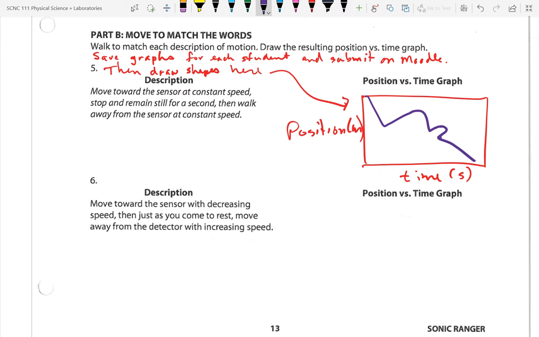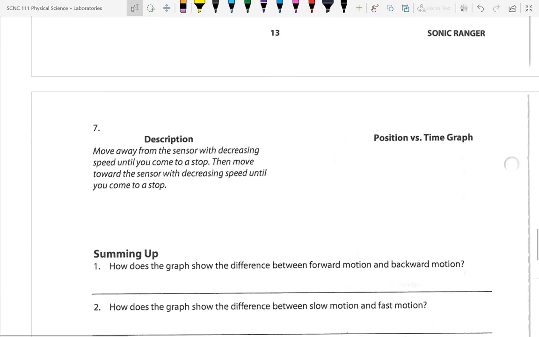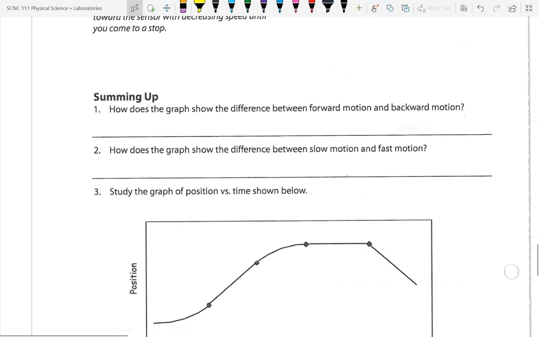When you're done, you're going to turn in the papers, and before you leave, also upload your pictures to Moodle, and then we'll combine them and grade them. So make sure that you do save the graphs, and I'll show you how in just one moment. So you have 3 cases there. Then you sum up,